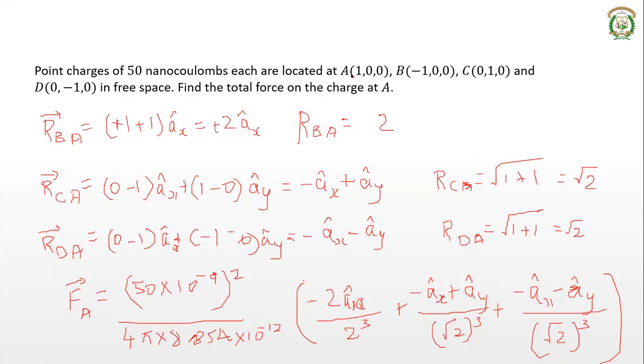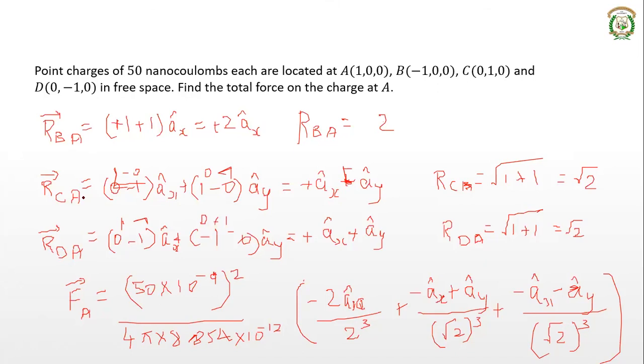Similarly, RCA is RA minus RC. It is 1 minus 0. Not this, this is wrong. Okay. 1 minus 0, then AY is 0 minus 1. So this will be, sorry, plus AX, and this is minus AY. Similarly, here it is 1 minus 0 and 0 minus minus 1. So it is 0 plus 1. So this will be plus AX plus AY. Okay, so there will be a change in the signs. Altogether it will be the same, but it will come negative. Whatever you get, it would be negative. So please make it correctly. Sorry for that mistake. Thanks for reminding.